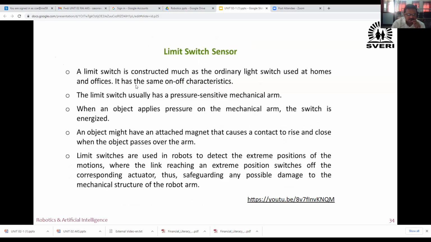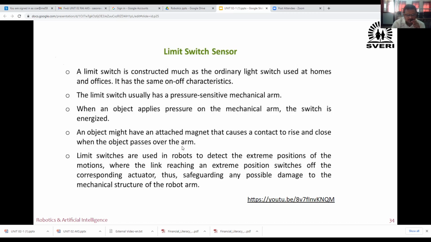Therefore, a limit switch is constructed much as the ordinary light switch used at homes and offices. It has the same on-off characteristics. The limit switch usually has a pressure sensitive mechanical arm. When an object applies pressure on the mechanical arm, the switch is energized. An object might have an attached magnet that causes a contact to rise and close when the object passes over